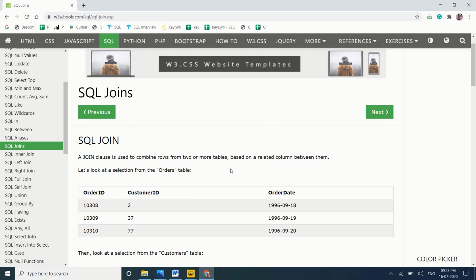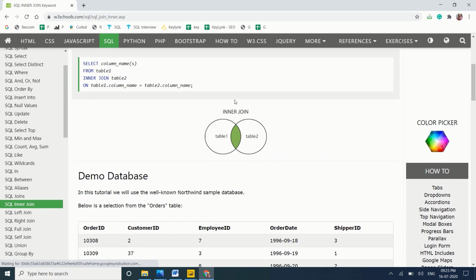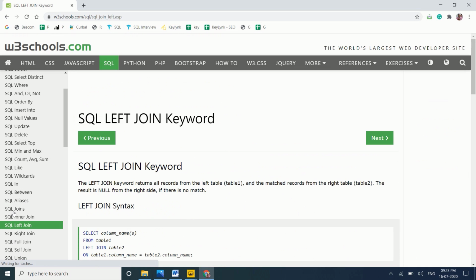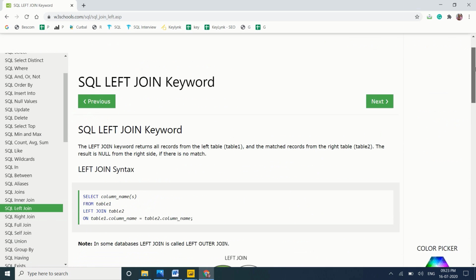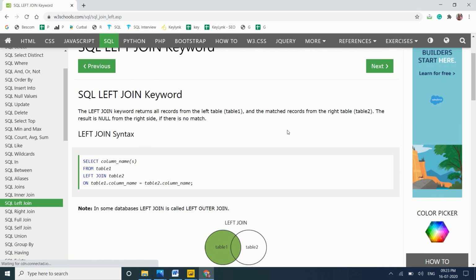Let me explain one by one. Inner join is nothing but only the matching records from the tables. If you go to left join, don't worry, I will explain, people get confused actually. Left table means whatever we write first; here I wrote table 1 and then table 2, so table 1 is the left table and table 2 is the right table.